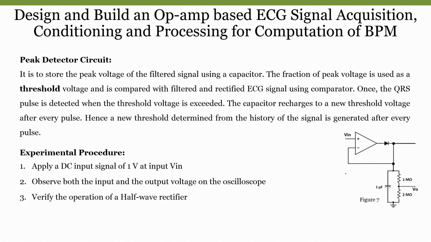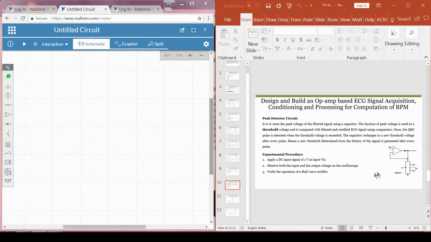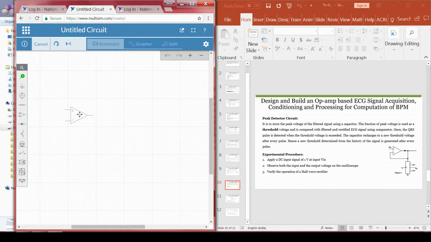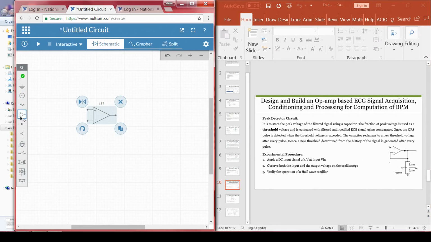Now, we will see how to implement the circuit using a simulation. Once we verify in a simulation, we will see it in actual hardware and do the experiment. So, just open Multisim. If you recall the circuit we have discussed, we need this particular part. So, I will take an op amp, right, and I need a diode. So, I will take a diode. Then we will take resistors as well as a capacitor.